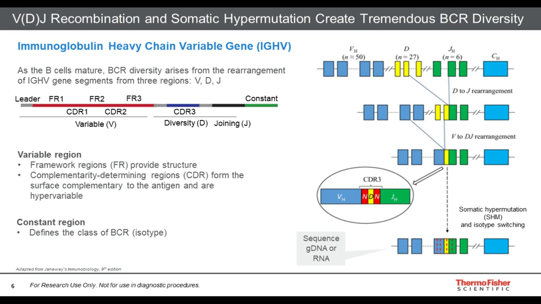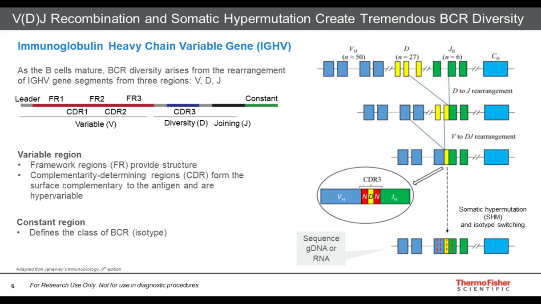Now, apart from VDJ recombination, the sequences of the IGH can undergo further diversification through somatic hypermutation, which introduces point mutations to the IGH chain, but also isotype switching, which can swap out the constant portion of the receptor to one of 9 isotypes. And if you note the upper left-hand portion of this slide, a diagram of the rearranged